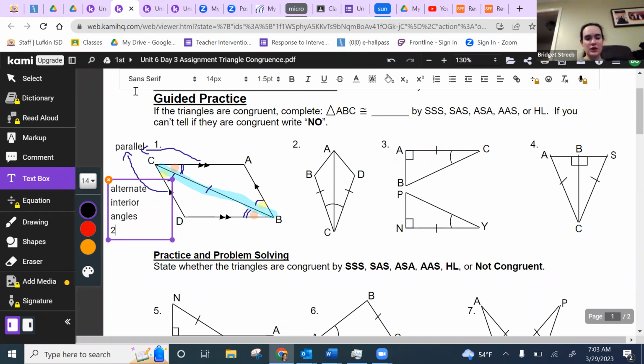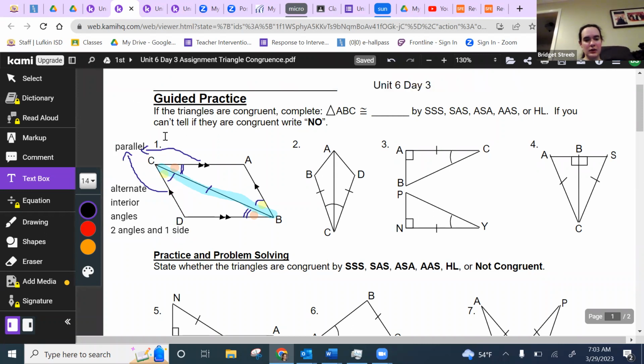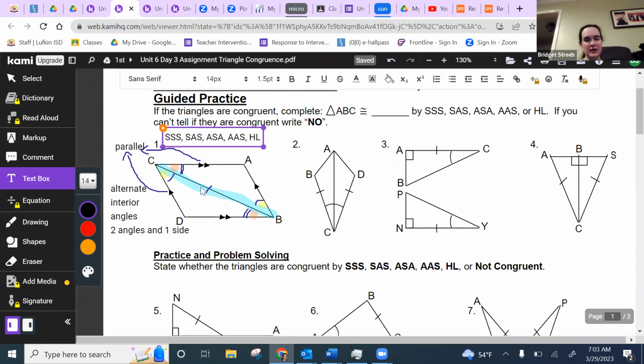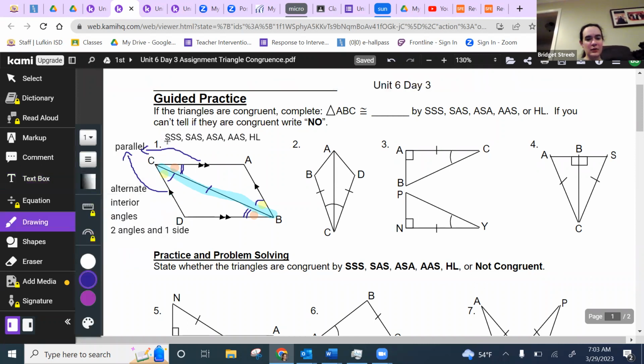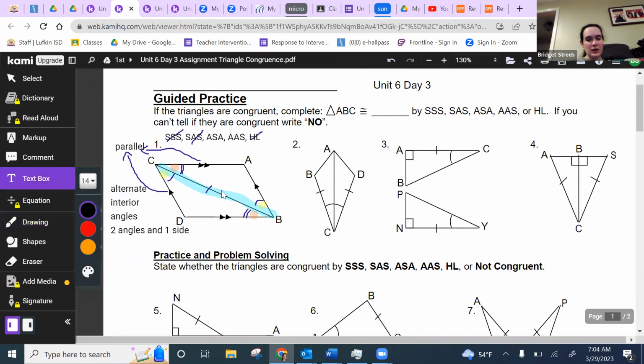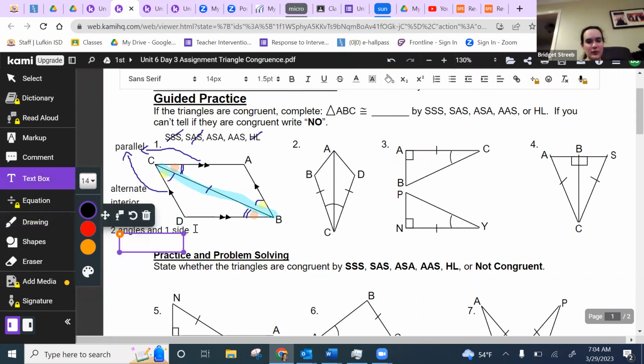That's about two angles and one side. So that means that we can get rid of anything that doesn't have two angles, which is those three. Then we need to see where that blue side is. Is it being made by the yellow and orange or not? In this case, it is. So we have angle, side, angle, and triangle